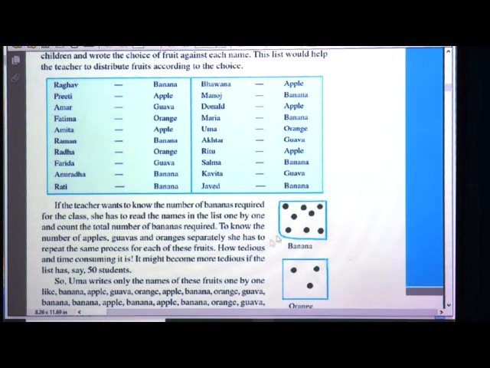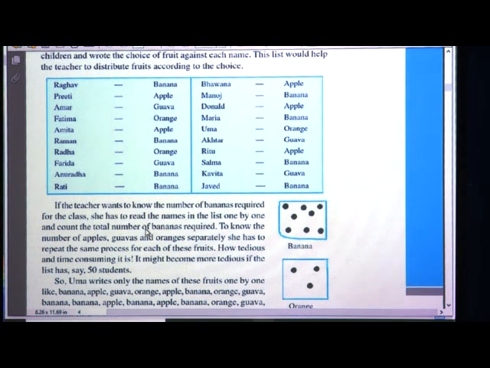Then next she will go for the apple, then next she will go for the orange and then next she will go for the guava. So, it is difficult and it takes a lot of time to take all the names of the students and ask about each fruit in detail. Yes, and if the number of students in the class is more, again it is more difficult, right.